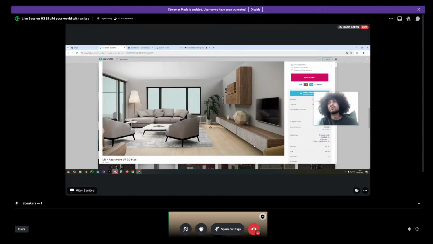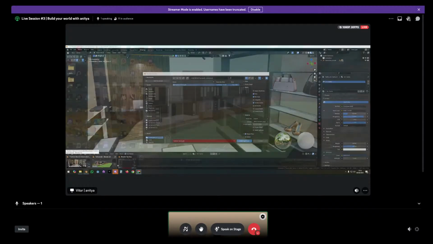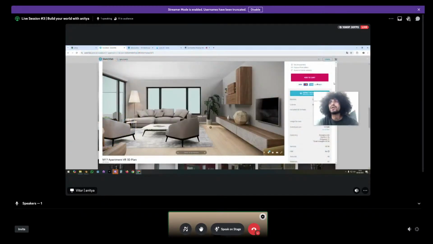I've seen projects inside of Anitya with more than 1 million triangles. This fashion store that I showed here in Blender is already inside of Anitya, and it has about 1 million triangles, and it's running well on my machine here. So it's doable. If you need more heavy stuff, it's not necessarily a problem if your computer